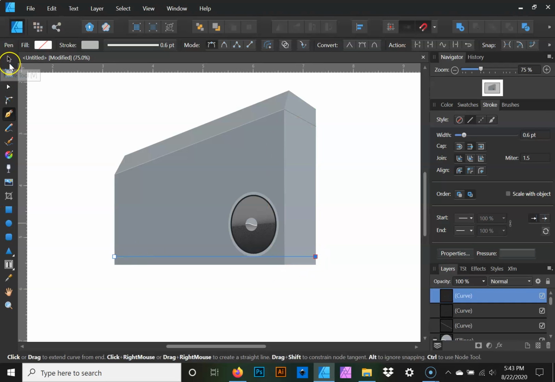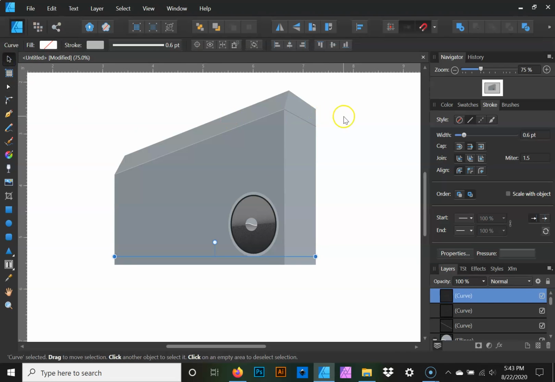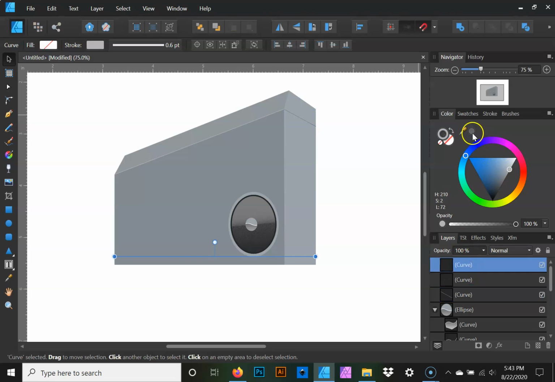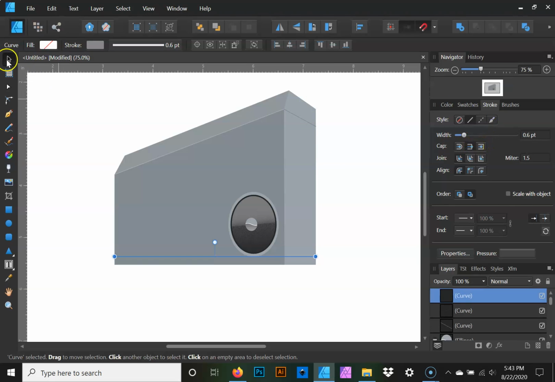Cool. Straight line. And we are going to make it whatever this color is. Cool. This, and make it that color. Make sure the cap is the butt cap. Awesome. And I have to move